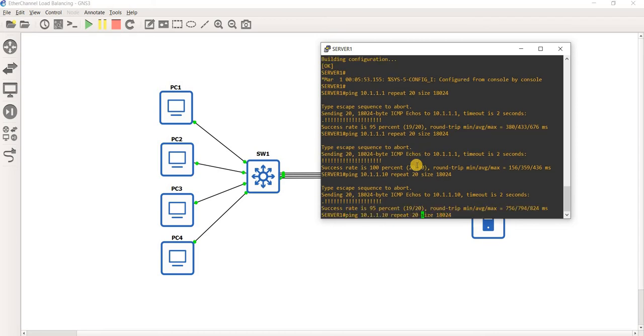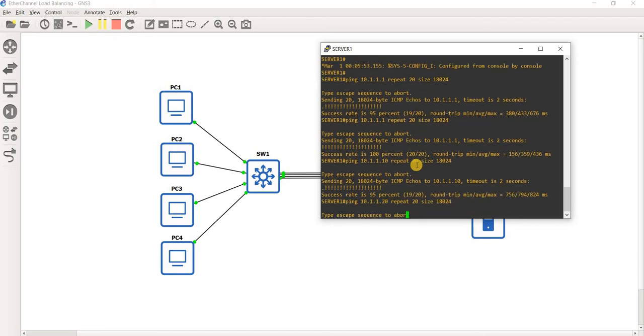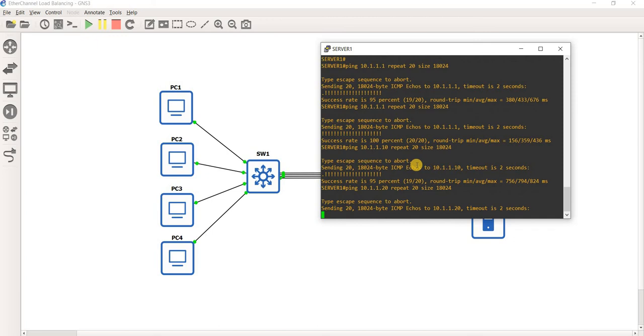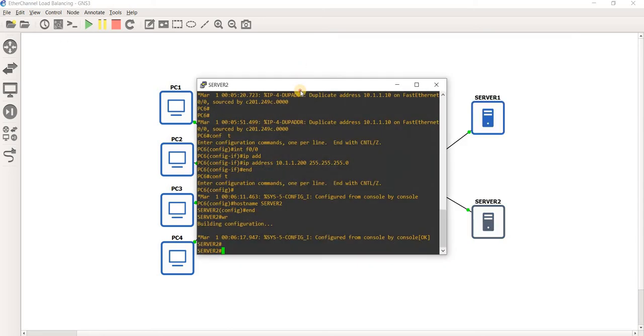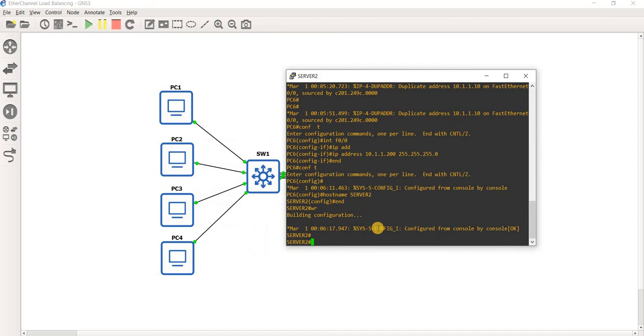Going to ping PC2. And you know what? From server 2, I'm going to ping PC3,